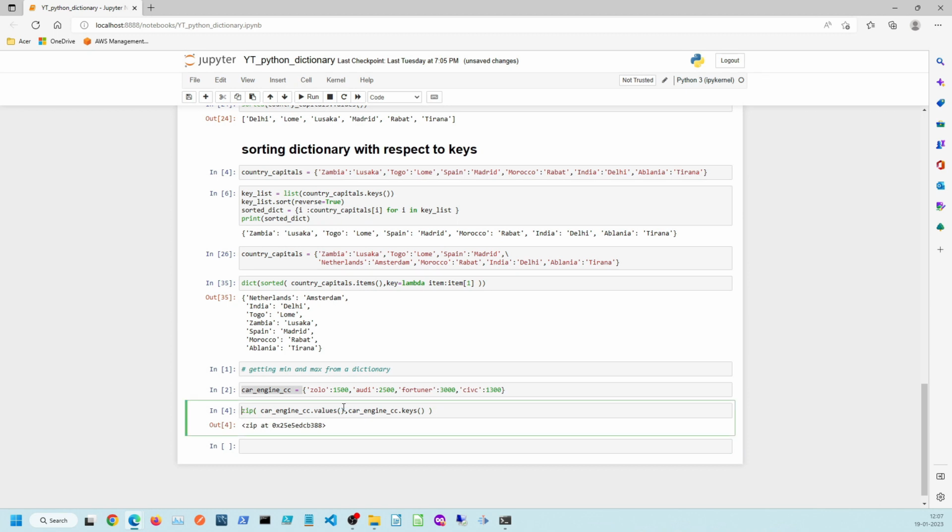Now to get the maximum, we will use the max function, and it will take this whole zip function as an argument, and you will get the highest or the largest car with the engine cc. Now one thing to remember, if we want the highest value of key value pairs, then first we will keep the value, then in the second argument it will be the keys. Similarly, if we want to get the maximum of keys, which key is the largest, then first we will keep key, then we will keep the values,